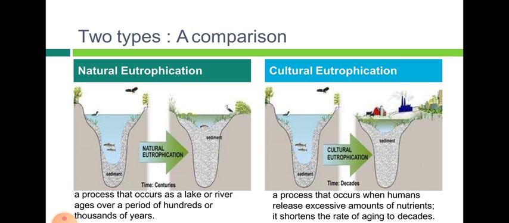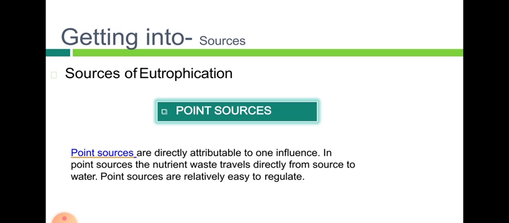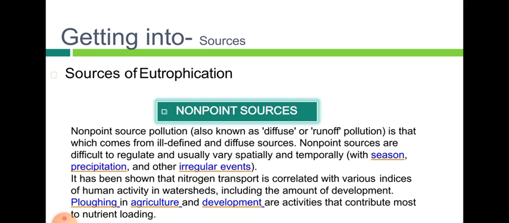Cultural eutrophication is a process that occurs when humans release excessive amounts of nutrients. It shortens the rate of aging to decades. Sources of eutrophication. Point sources are directly attributable to one influence. In point sources, the nutrient waste travels directly from source to water. Point sources are relatively easy to regulate,